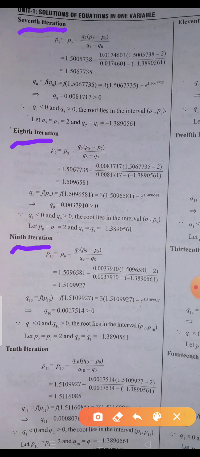Therefore, P10 is equal to 1.5109927. Next, Q10 is equal to f of P10, which is equal to f of